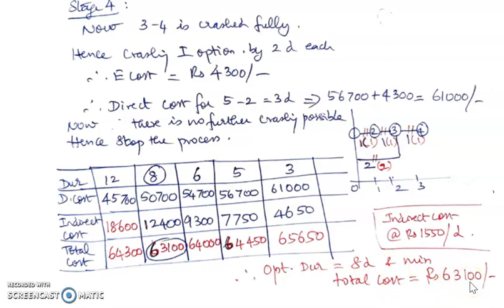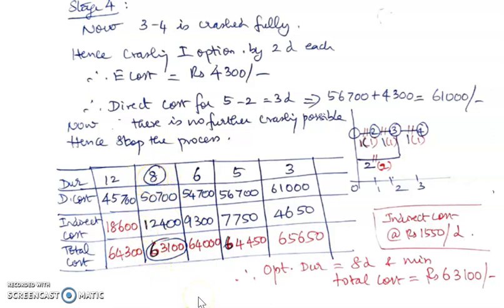So this is how we complete the optimum time minimum cost relationship. One important thing that we have to understand here is that CPM calculation would have given us a project duration of 12 days, which would have incurred 64,300 rupees as the total cost of completion of the project. If we had taken this data, we would have incurred a higher cost only. So by doing this crashing process, or identifying the integration of time and cost, we are able to have a reduced time of completion. That option is giving us the best optimum time of completion of the project.